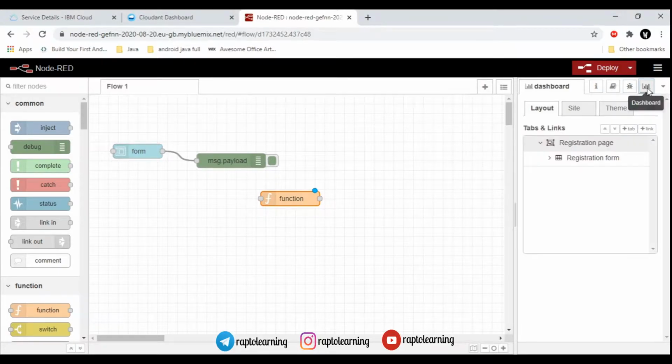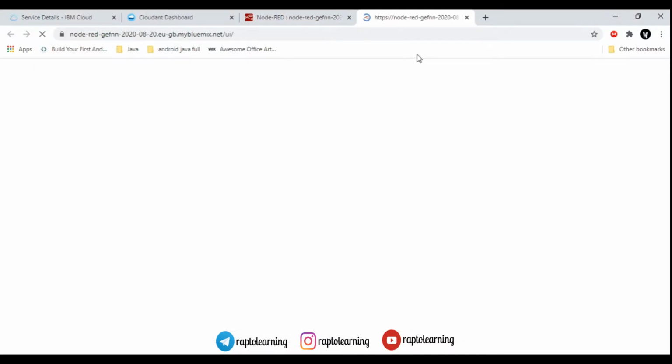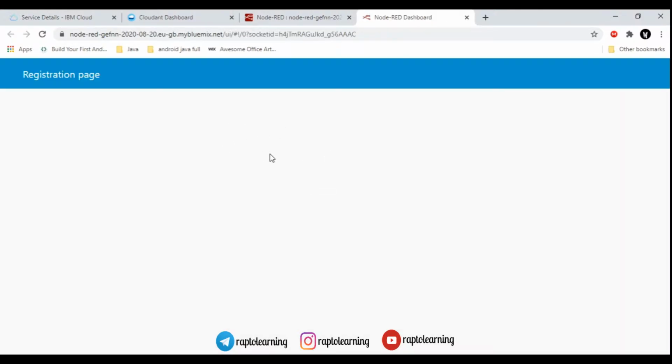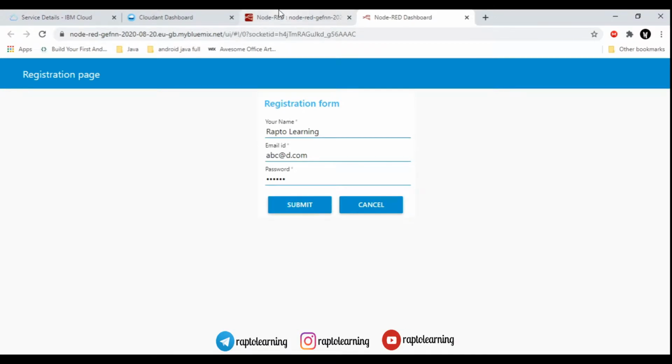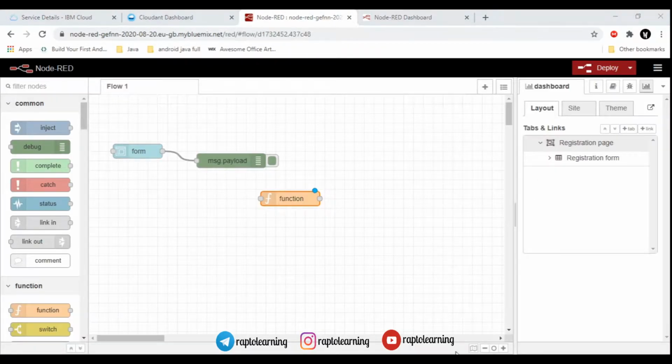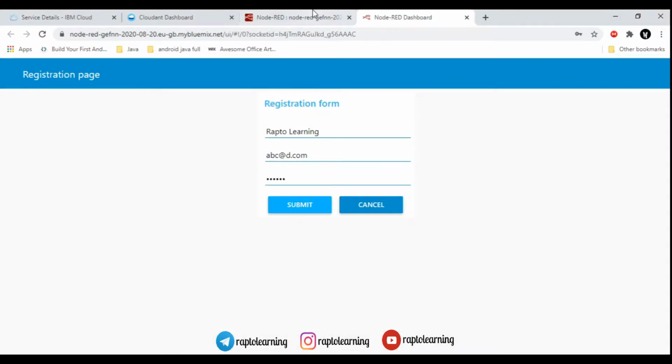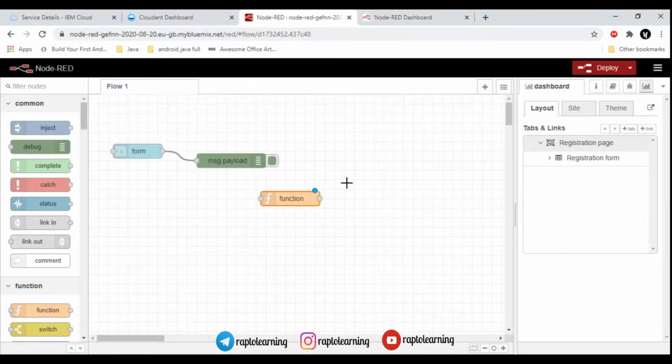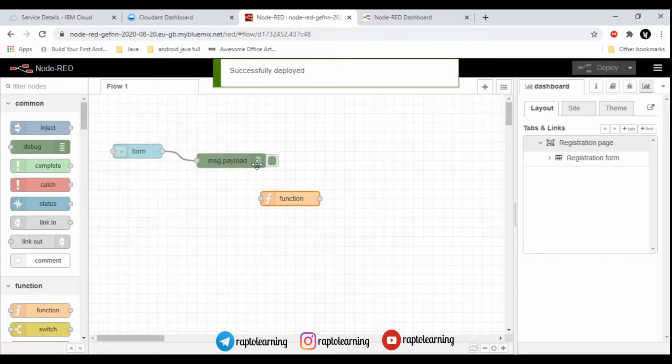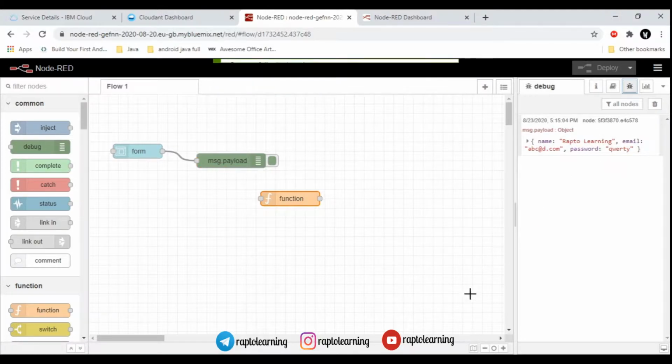Just grab a simple function into our Node-RED, right? You can see that here is the dashboard, and from here you can directly go to the registration form from this button. I forgot to mention that button in the previous video. So this is how our registration form looks up till now. Go to Node-RED, and we have dragged one function to our node. We need to store that information in Cloudant, so that we can retrieve it on the login page.